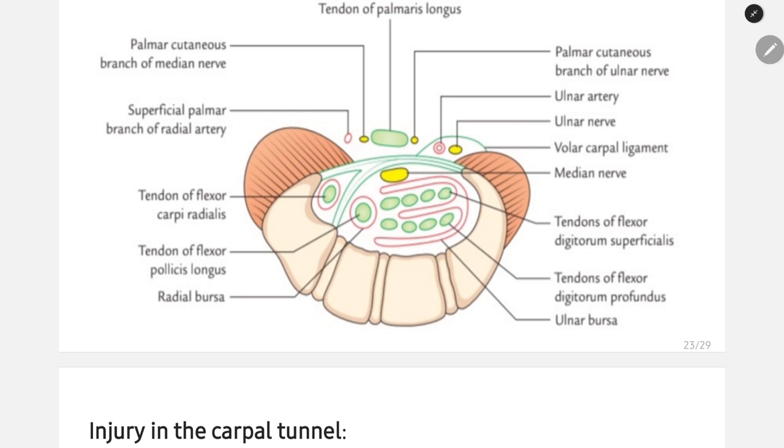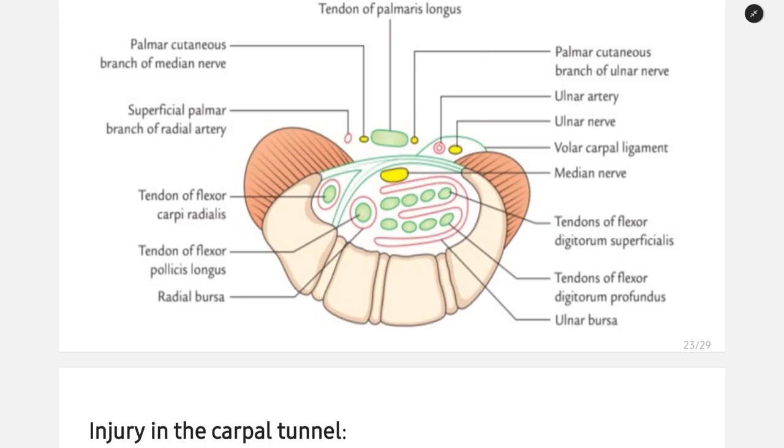Median nerve does not give any branches in arm. Okay, no branches in arm. If we see in forearm, it divides into two: anterior interosseous, and the main median nerve. So the anterior interosseous